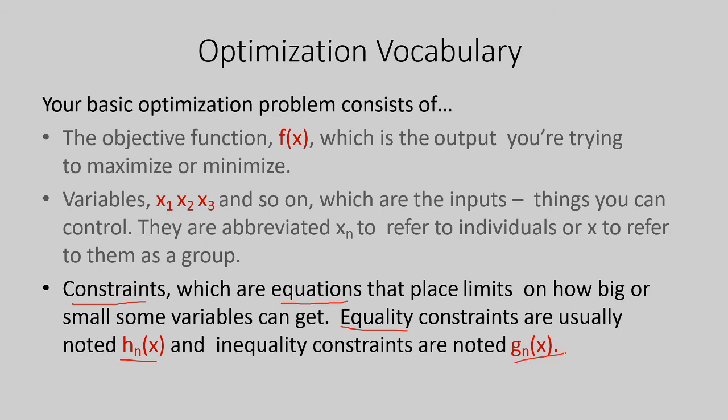So basically, there are three parameters to remember when you talk about optimization. The first one is the objective function, or f of x, the output function that we are going to maximize or minimize. The second is the input variables, the inputs on which we have control. The third is the constraints, whether equality constraints or inequality constraints, which actually means the equations.